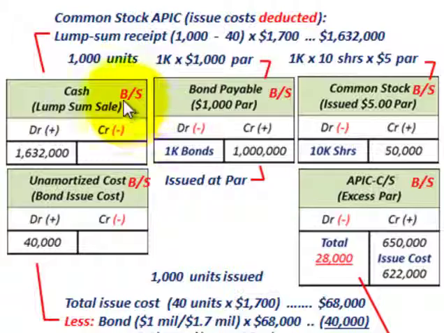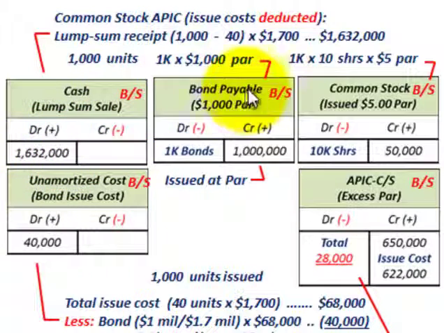So let's just go through these accounts one by one here. All right. For our cash receipts, we already calculated that. This is where we have the common stock and additional paid-in capital. The issue costs here would be deducted from these cash receipts. So our lump sum receipts, that was the 1,000 units sold less the 40 units being held by the dealer for their issue cost or their issue expense, or the expense they're charging. So we had that 960 units times $1,700 per unit, and that's what we calculate, $1,632,000. So we debit our cash account for